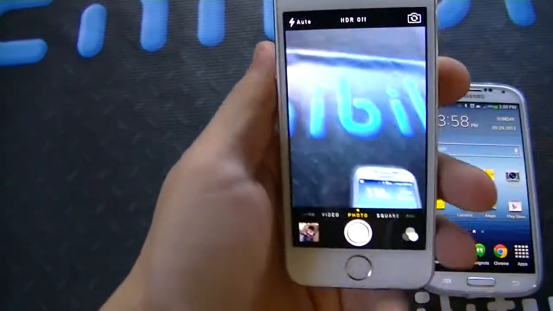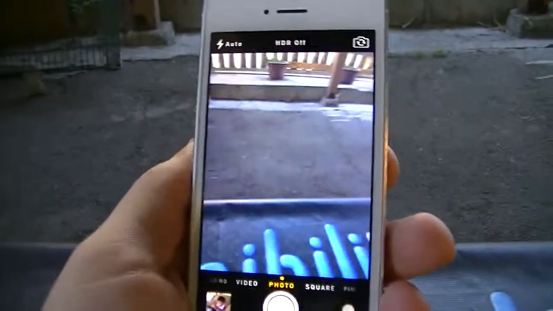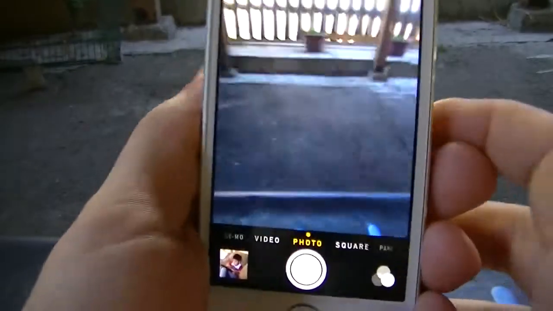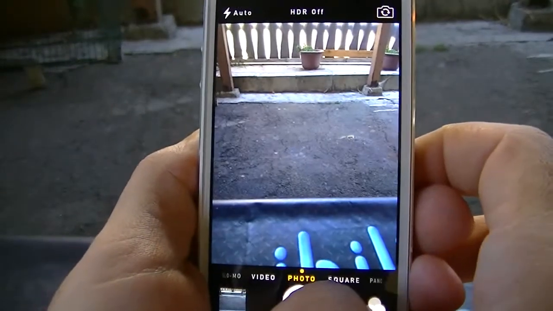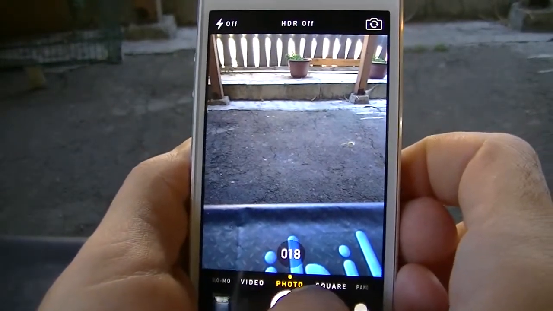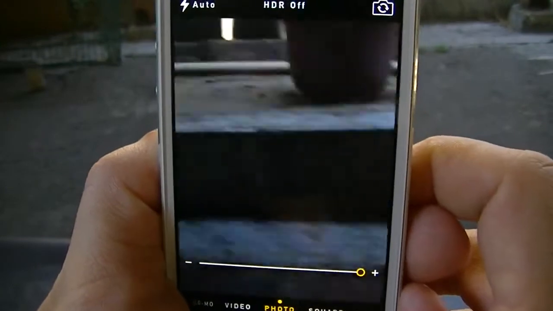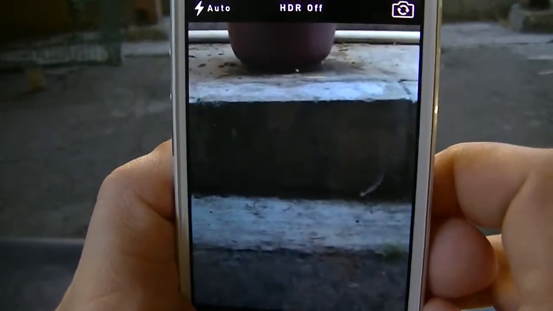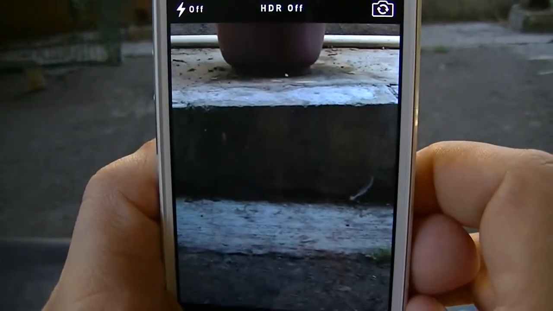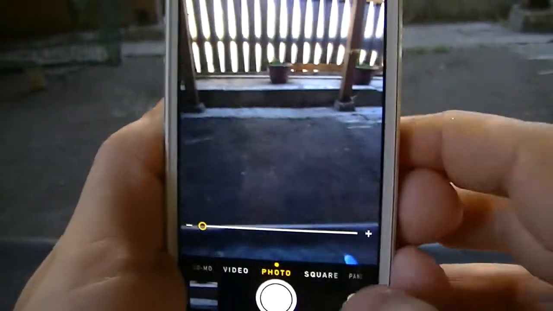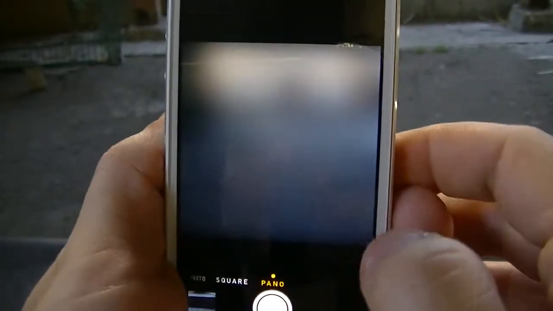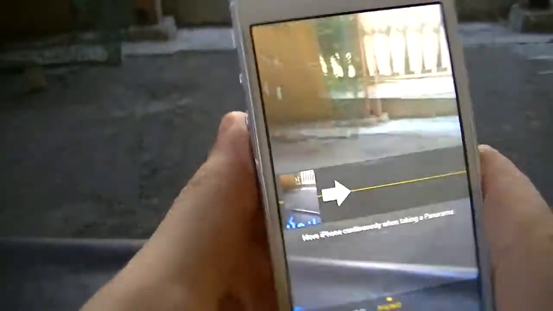Now with the iPhone camera, it's a little bit more of a simplistic layout in terms of the way it looks. Of course, you could take a picture by just clicking the shutter. You could just hold it. Do their burst shot, which takes ridiculously fast pictures. You zoom in here, 100%. See? Alright, you can also do burst shot, just holding it. Zoom out. You got square. You got panorama as well. So you can do a panorama photo.